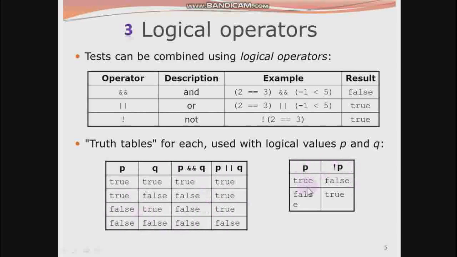Same like this, the not operator: if the value P is true, then the not operator produces the result false. If the value is false, then it will give the result true. So according to this table, the and, or, and not operators work in your expressions. You have to prepare this table to find the result of and, or, and not operators. And this one is the third operator of your binary operators. So binary operators are of three different types: arithmetic operator, relational operator, and logical operator.